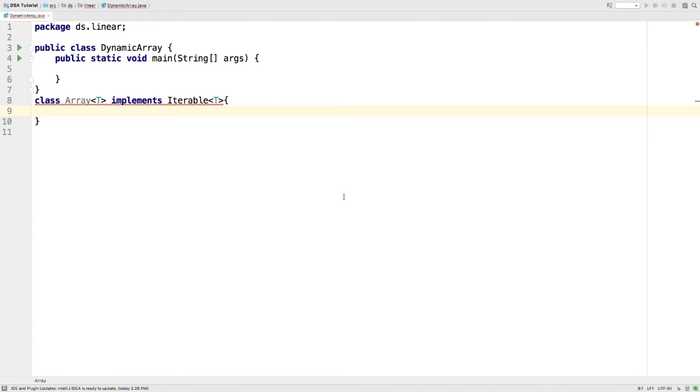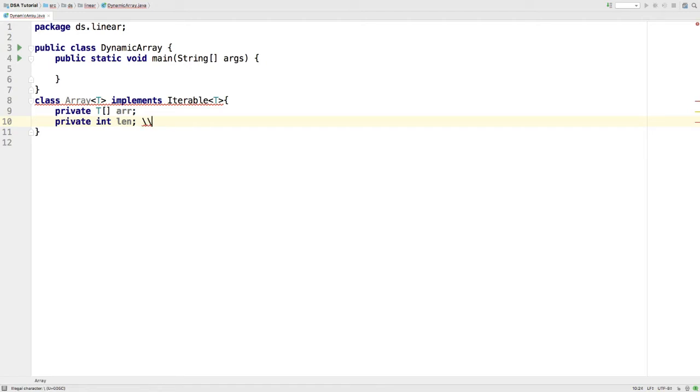So let's give a private data member of this class as an array of type T. I also have to specify a length. This length is actually the number of elements which are present in the array at a point of time.